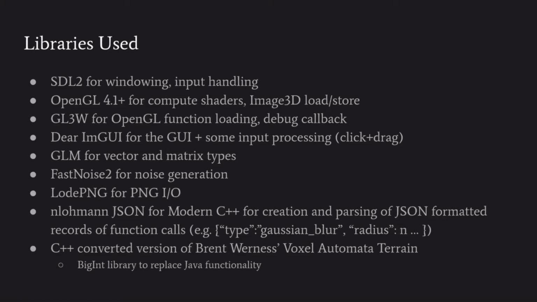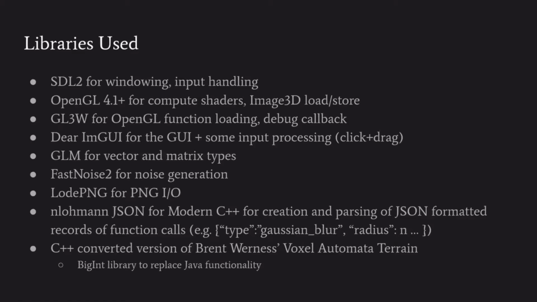Then just the JSON library, and this is an example of what those formatted function calls look like. So if I wanted a Gaussian blur of some radius n, that's what that looks like. And again, I encourage you to look at Brent Werness's Voxel Automata Terrain. It's a very cool thing. Basically, his implementation was in Processing, and I converted it to C++ and made a header out of it. So I had quite a bit of finagling with this because Java has a built-in